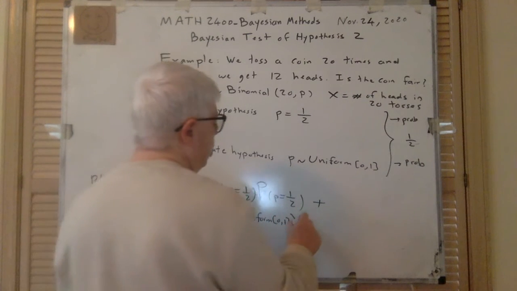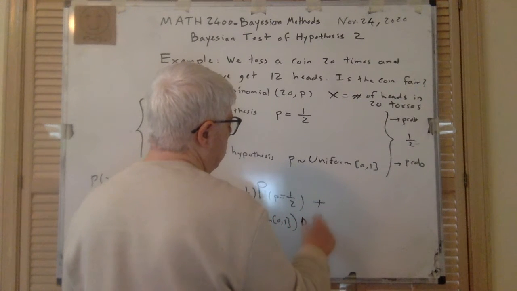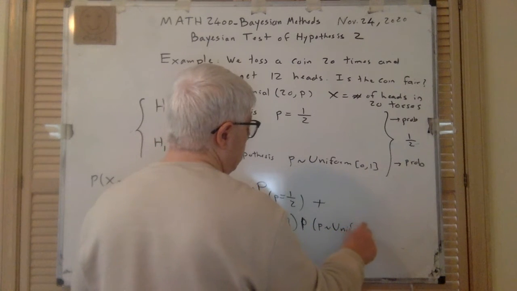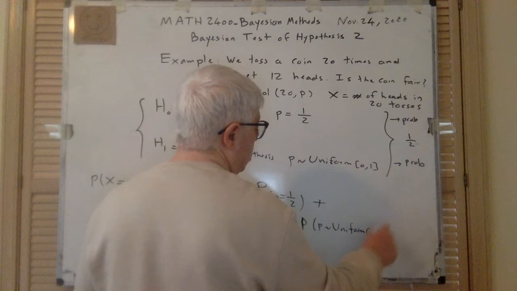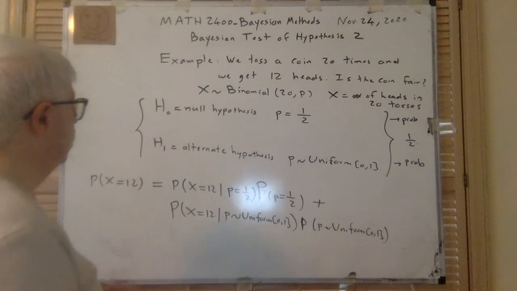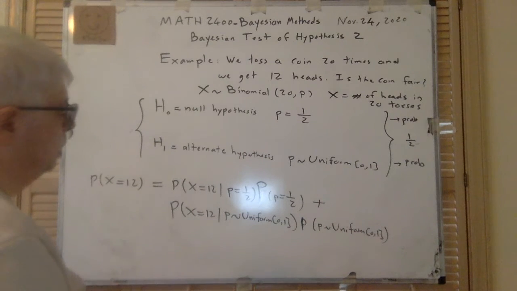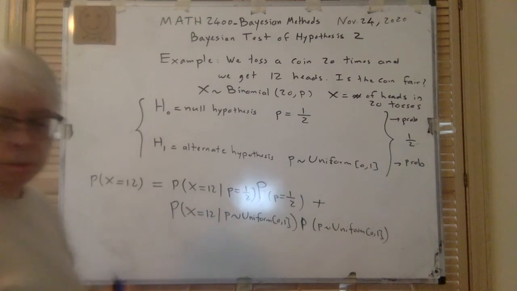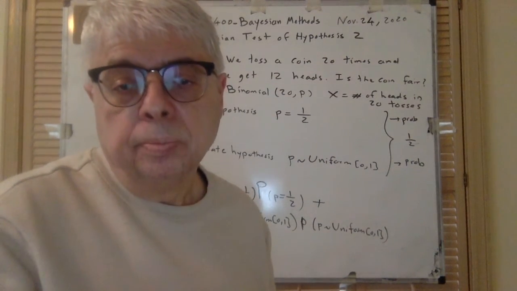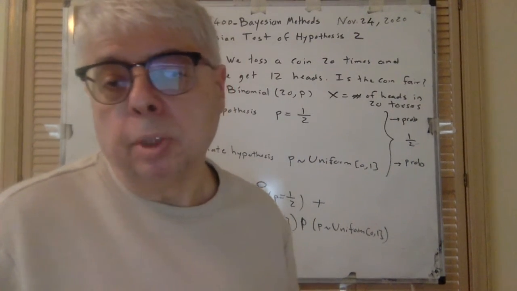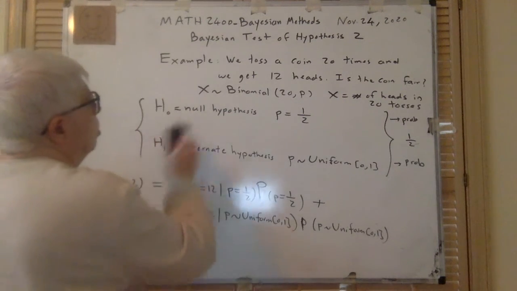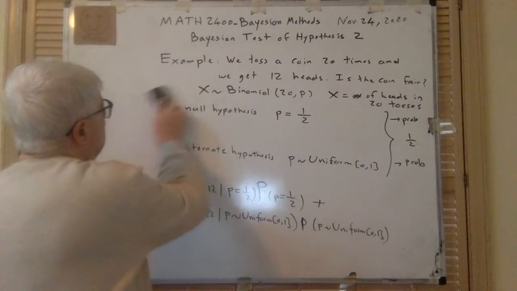Zero, 1 times probability, where small p has a uniform distribution. Okay, so that is in fact P of x equals 12. So let's find these two. Well, let me write it down more carefully. So let me erase all these things and